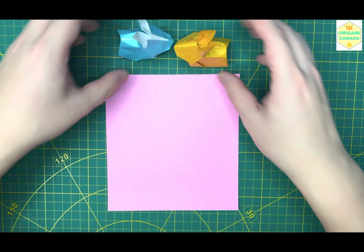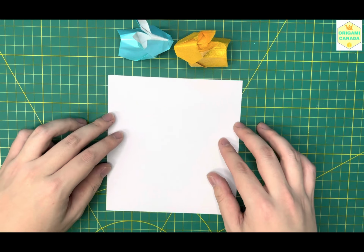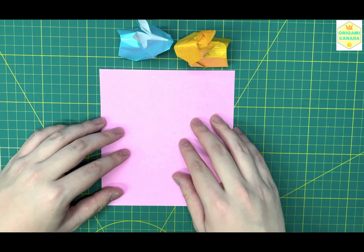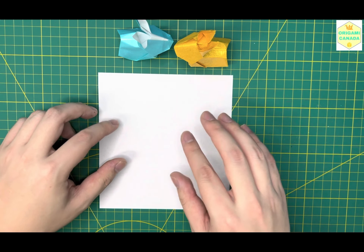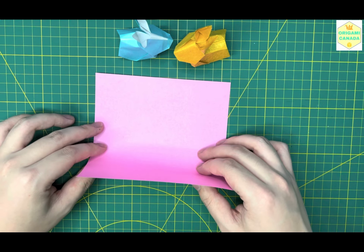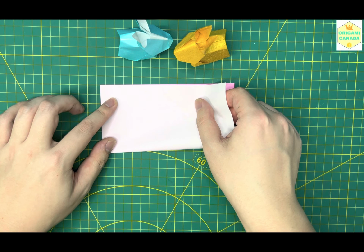Let's get started. So I have a square sheet of paper here. As you can see, the front is white, the back is pink. So I want my bunny to be white on the outside and the inside of the ear is pink. So to do that, we will start on the pink side. So let's get started by folding this sheet of paper in half